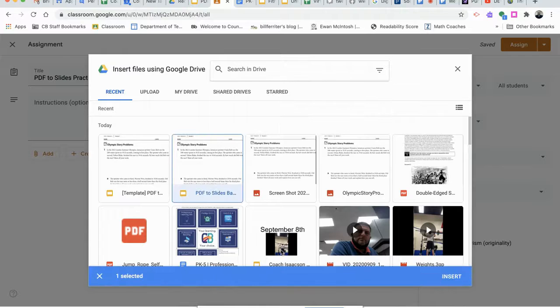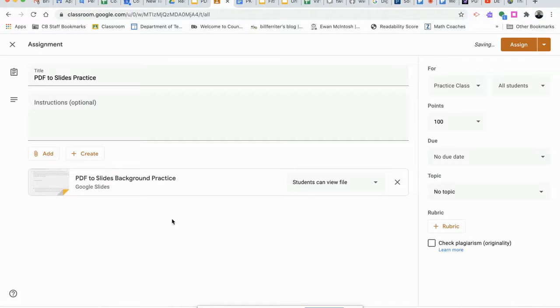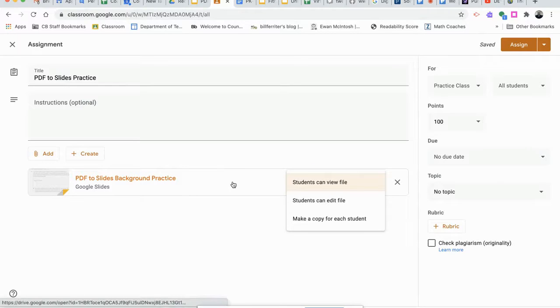But I know that it's right here. So I'm going to go ahead and click insert. And what you'll see is that I have an option to the right of this now that I've added it to either have students can view this file, students can edit this file, or to make a copy for each student. And I want to make a copy for each student here so they all have their own copy to